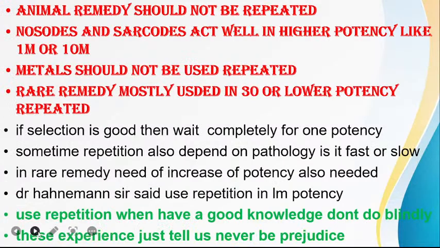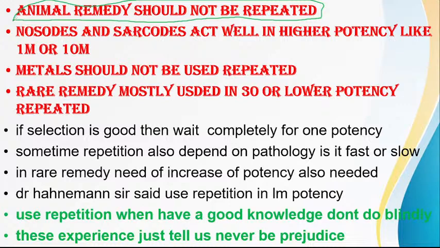Now, on the repetition phase, it has been seen that all the animal remedies should not be repeated so frequently. Animal remedies like lachesis, sepia: it has been seen that this is similar for acute cases too. If the acute phase is sepia or lachesis, then at that point you should give a high potency single dose and leave the patient on placebo, because it is said, and I have also verified this point in our clinical experience many times, that